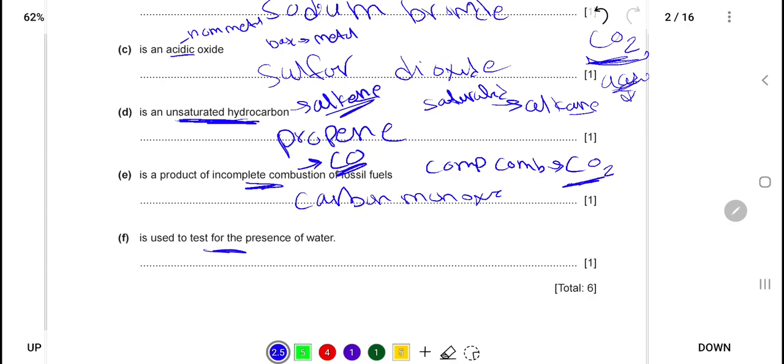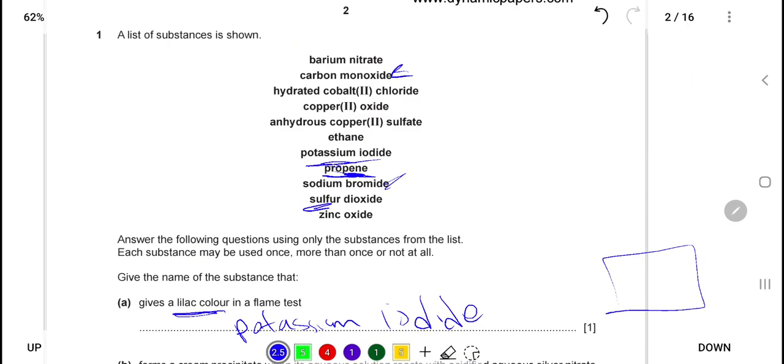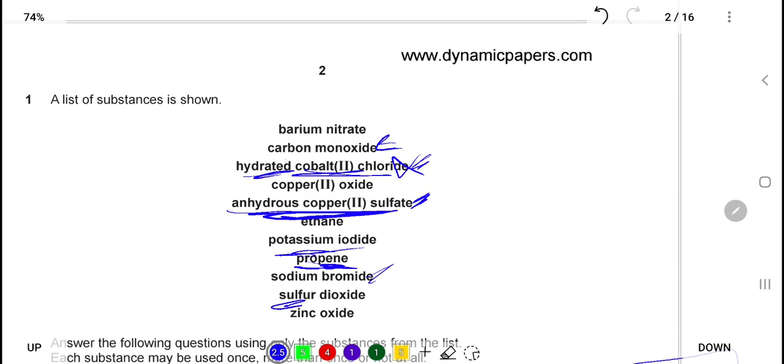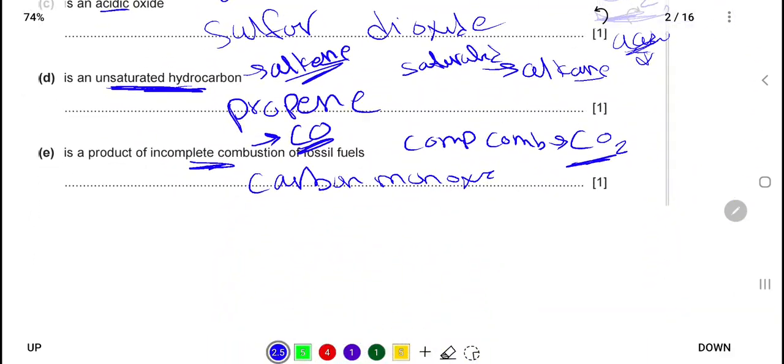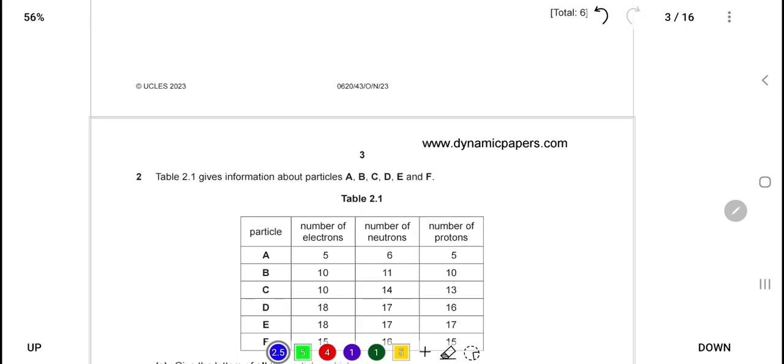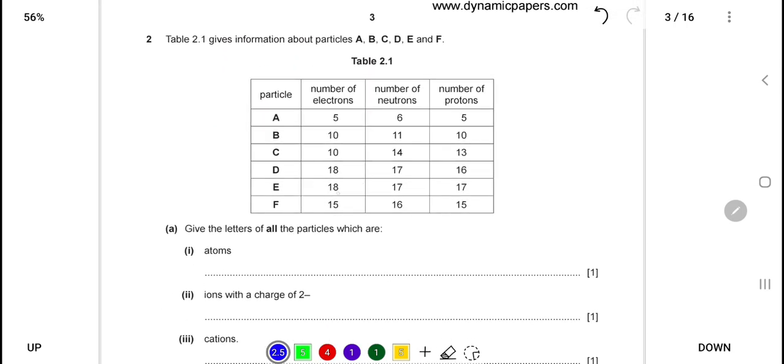Now F is used for a test for the presence of water. That must be an easy one. You're going to think if it's either this or this, but you need to know it's always anhydrous copper sulfate. Hydrated copper chloride will not help you in providing water because it's already hydrated. It will make no sense. So make sure that's the first thing, anhydrous, and copper sulfate is the perfect match. So put anhydrous copper sulfate. Okay, now for question 2, give the letters of all particles which are